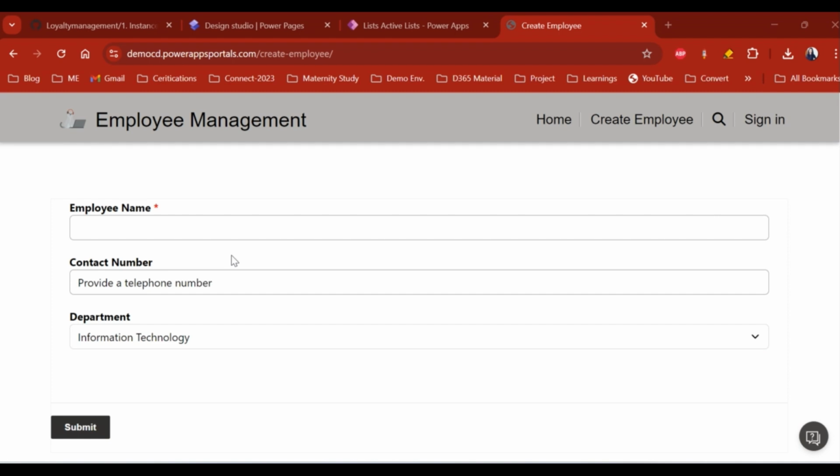So in the last session we saw that we can enter employee name, contact number, and department, and then submit a form and an employee record gets created. But then to show the list of employees we would need something. To show a list of records, like we have a subgrid in a CRM, showing records in a list or subgrid manner onto the portals,